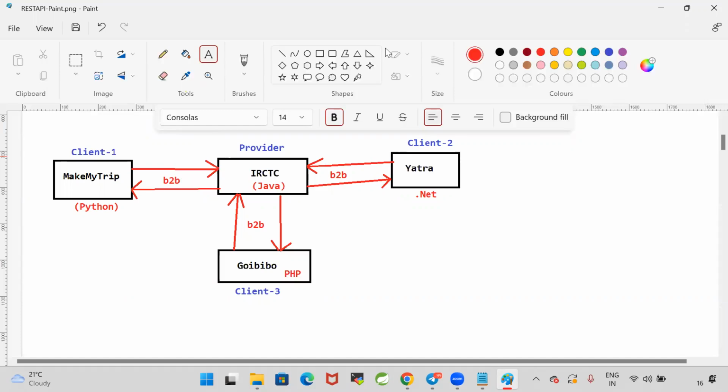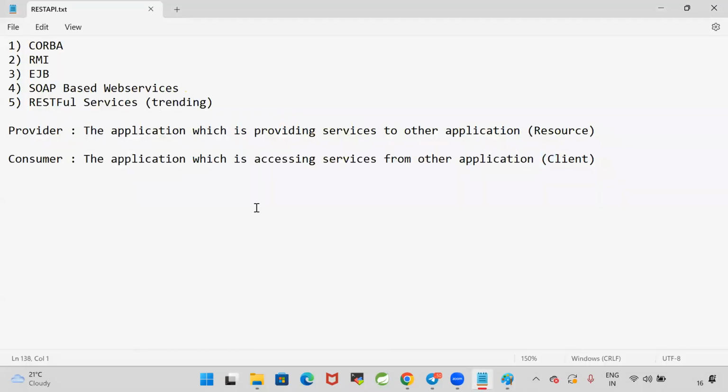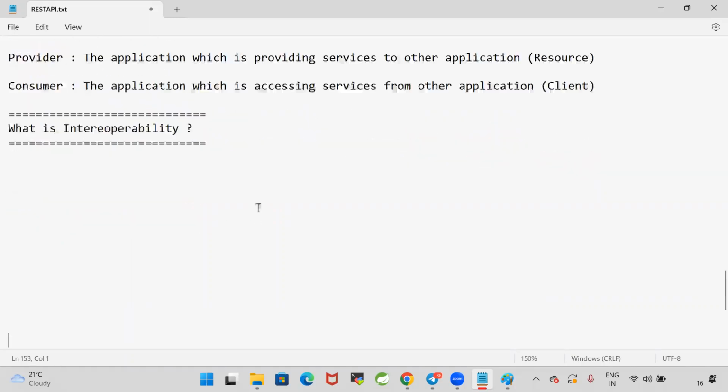using the same language. One project is developed by using Java. Another project is developed by using Python. Still they can communicate. That is called interoperability. So when we are developing the web services or RESTful services, we need to understand a concept called interoperability. So what is the meaning of interoperability? Irrespective of the platform, irrespective of the language, if one application is communicating with another application,